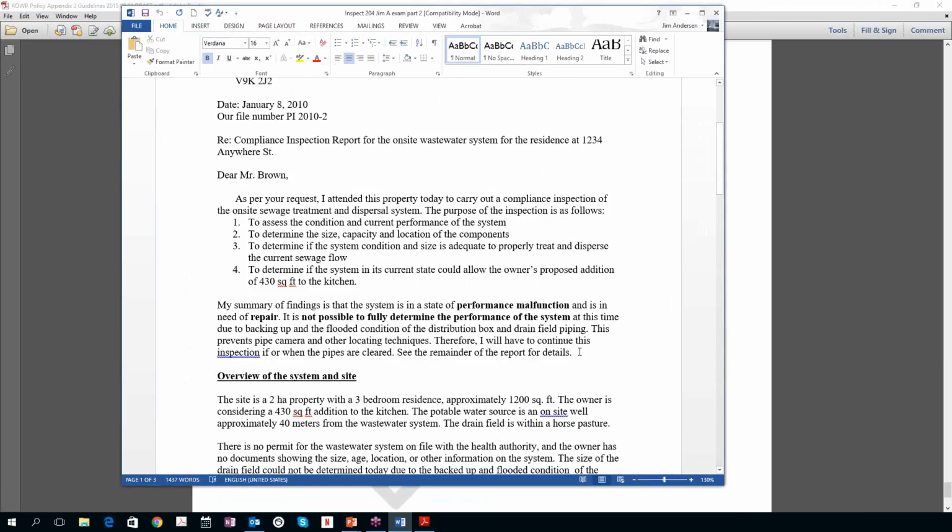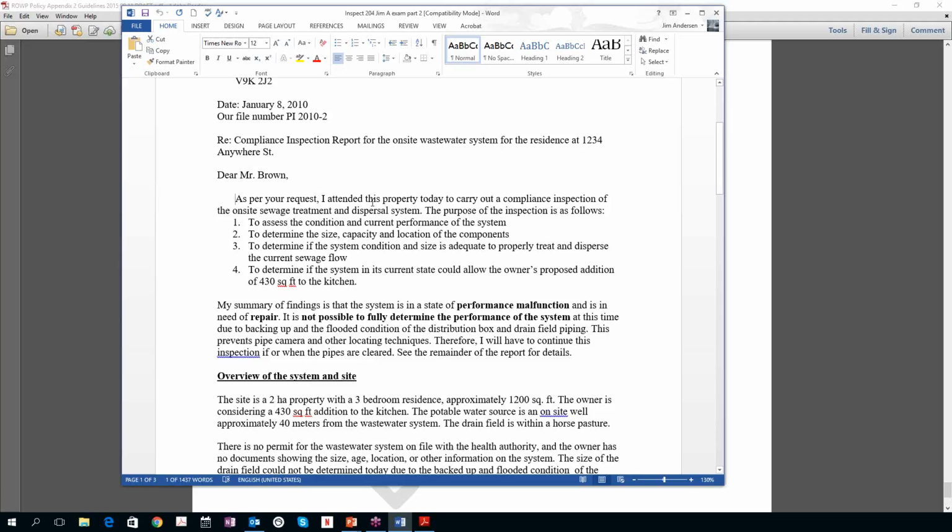It's not a checklist, right? It is a custom report. It's not really clear to me how else you could do it and actually capture all the things that those guidelines said need to be here. For one thing, you need the date, the contact information. You need to identify whether it was a compliance inspection or performance inspection. It has to be one of the two. Well, that's not really true. I suppose it could be something else, but then call it something else. If all it was an inspection of the treatment plant, then say so. If it's a compliance or a performance inspection, it's for the whole system. So identify what type it is.